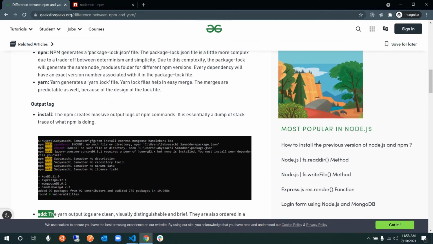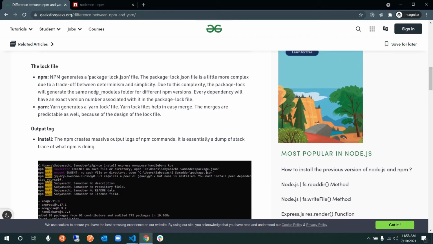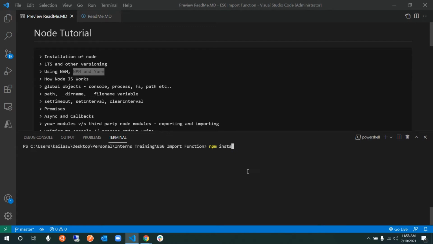In order to install something using npm, you run the command npm install and then the third party library name. For example, if I want to install firebase, I say npm install firebase. That's how you do it using npm. But if I want to run things using yarn, I'll say yarn add firebase. So that's the only difference in the command. The same goes for uninstalling: npm uninstall library name, whereas for yarn, since we were doing add, this will be remove.